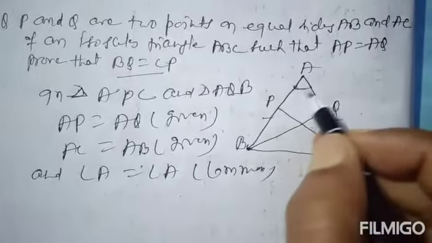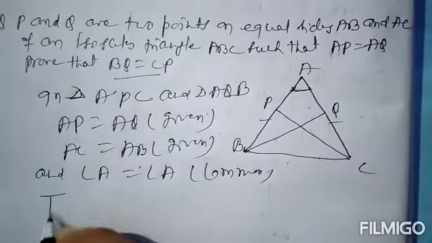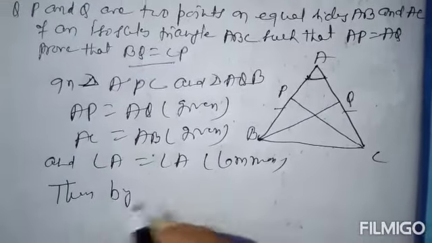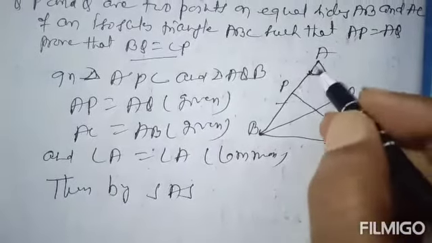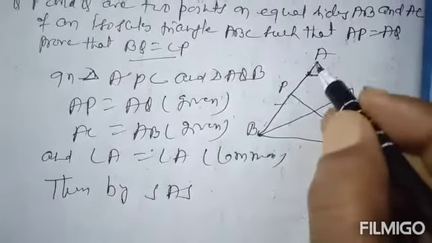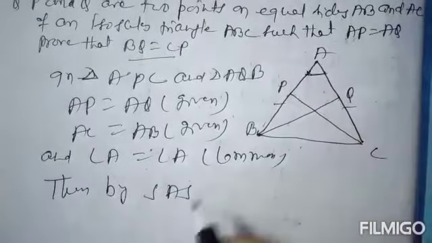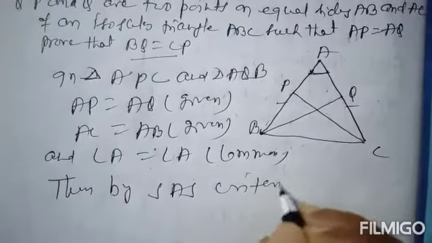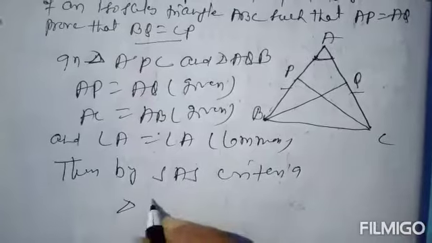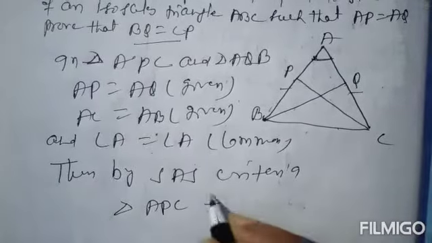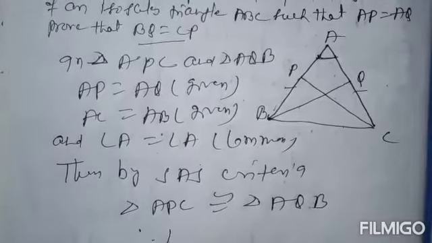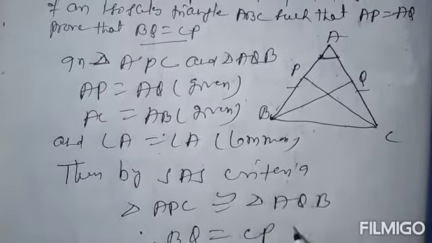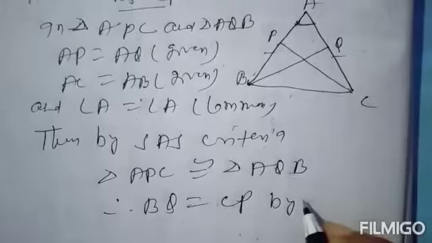Then by SAS criteria, side, angle, side, triangle APC is congruent to triangle AQB, therefore BQ is equal to CP